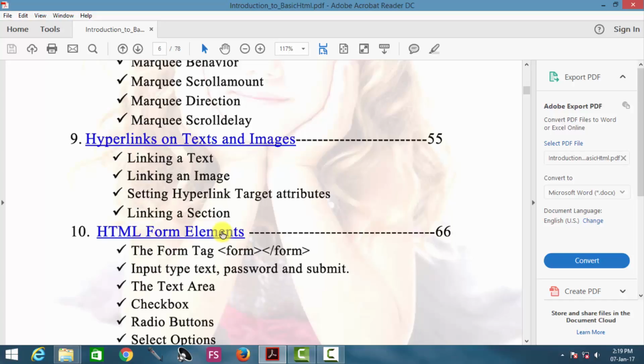Hyperlinks on text and images, like linking a text or linking an image, or setting hyperlink target attributes. This means where you want your hyperlinked text or image or document to open up: in the same document or window you are working on, or in a different document.